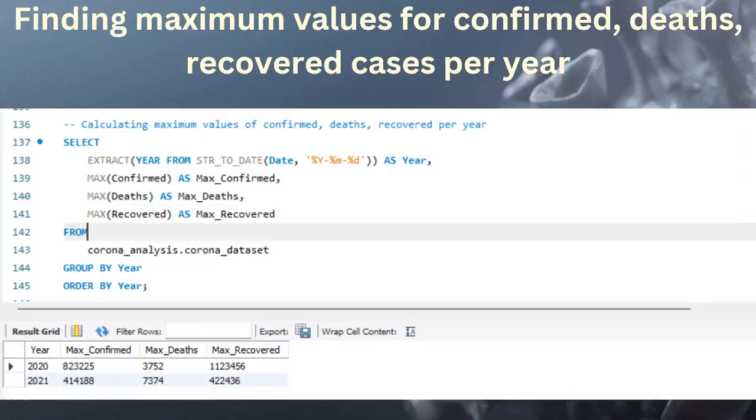Similarly, we are now calculating maximum values for confirmed cases, death cases, and recovered cases per year. Similar to the previous query, we will extract year from the date column, and then we will alias the max confirmed, max deaths, and max recovered as new columns named max confirmed, max deaths, and max recovered. And then grouping them by year and ordering by year, we will get a resultant table where the values are